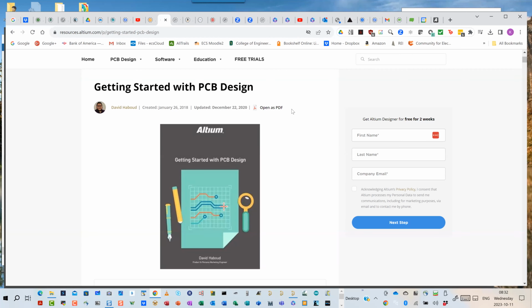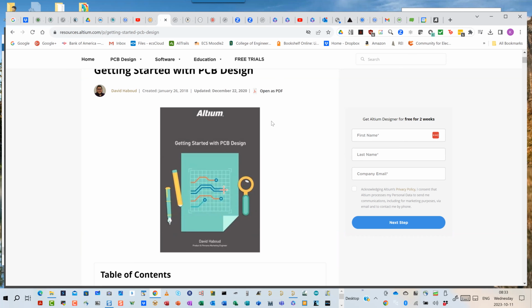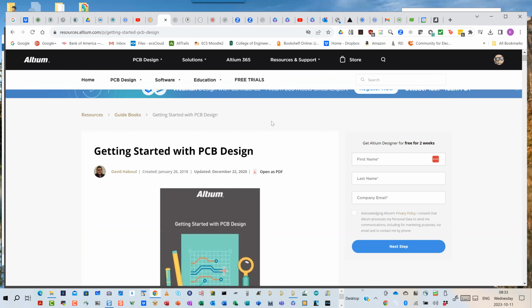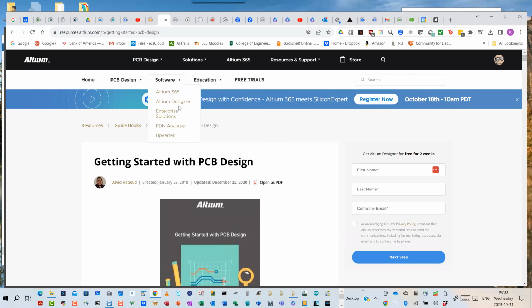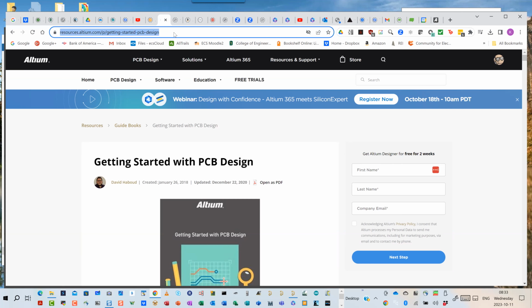Starting with Altium Designer 20, they changed the name of that panel from Libraries to Components. But I like this version of it because you can download it as a single PDF document. Okay, so I can go over here and download it as a single PDF document. When you click that link, it takes you right to the Altium resources page. Okay, you can also go up here